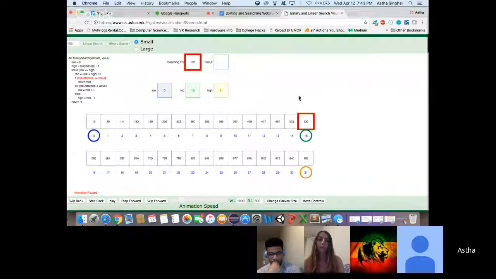So the middle value we have here is 533. So it's going to be like, okay, 133 is less than 533. And since that's true, that means we're only going to look at this half of the array. We're going to completely ignore this because we know that